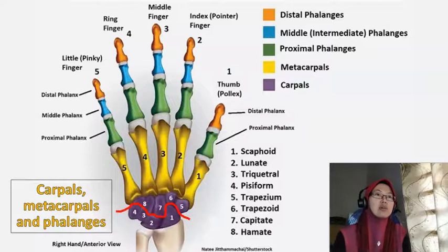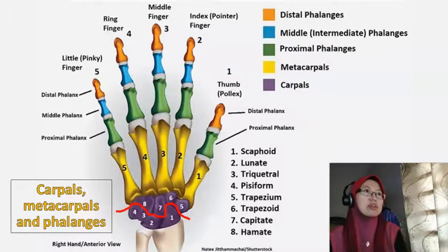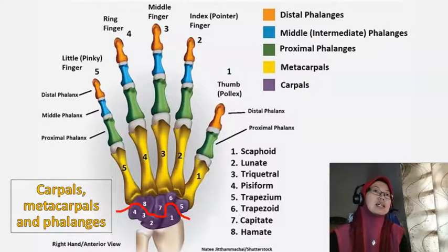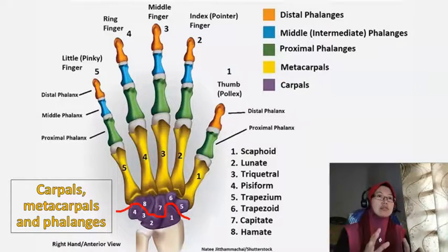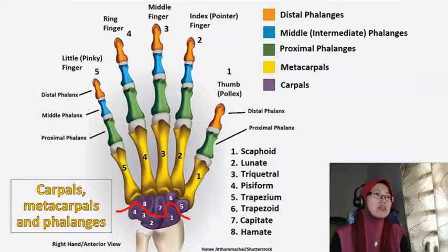Because it's just a small bone of the hand, unlike the clavicle, humerus, or the bones that we have previously discussed. I think for osteology of the small bones of the hand, basically you have to know, but I don't expect you to be able to point out which is trapezoid, which is capitate, which is pisiform,